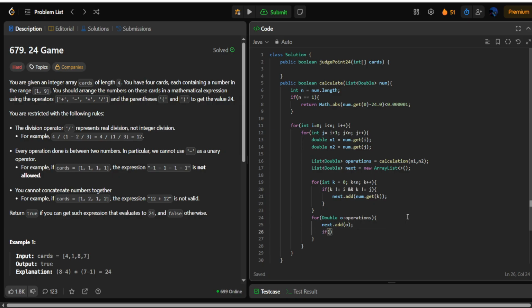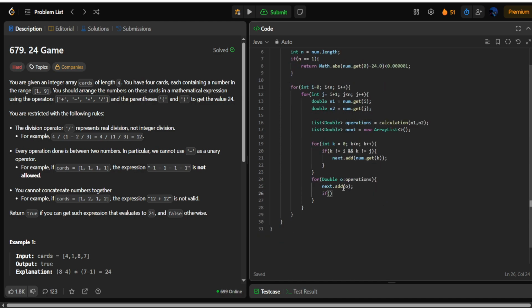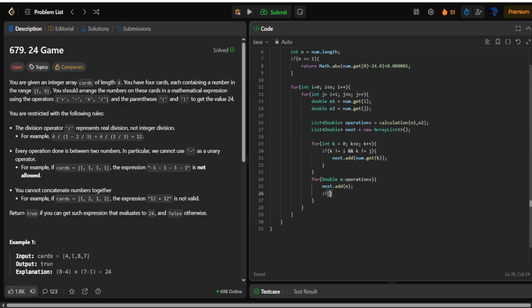Okay, here we call this calculate method and pass the next, and we check if this one is true, then we return true. Otherwise, what we do,